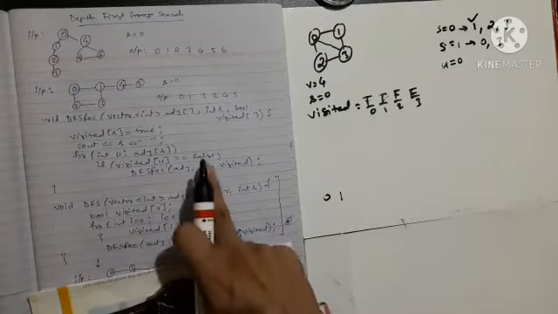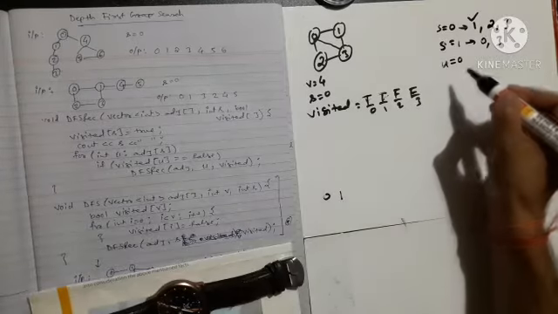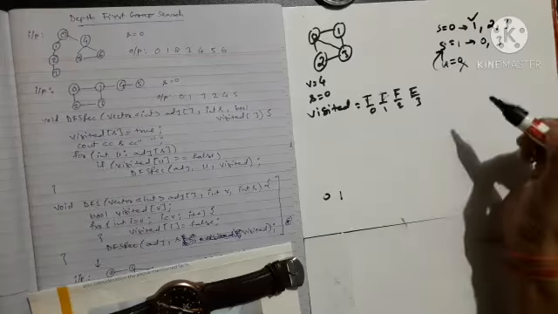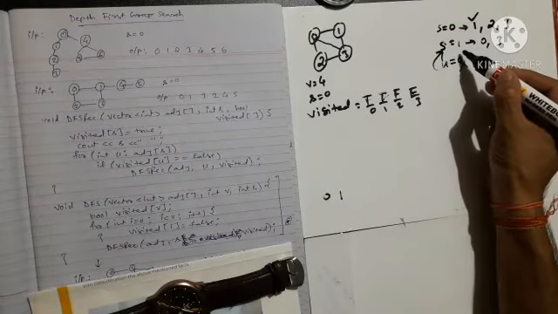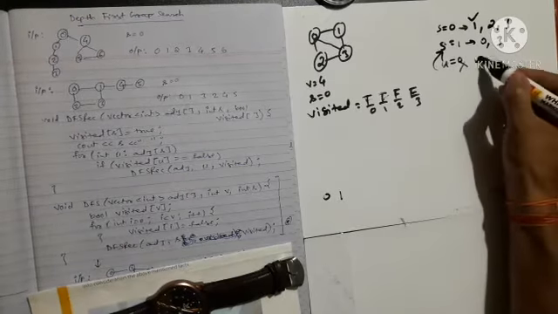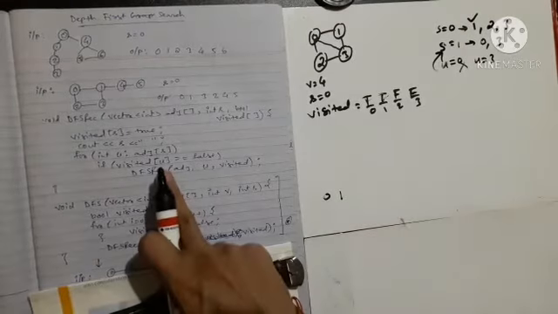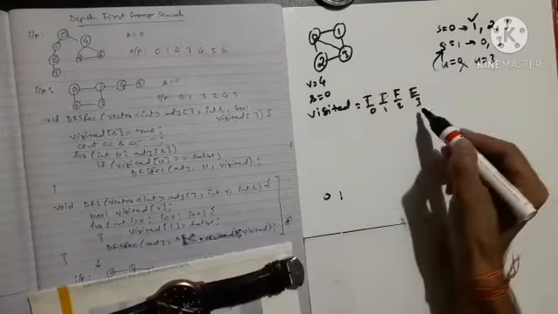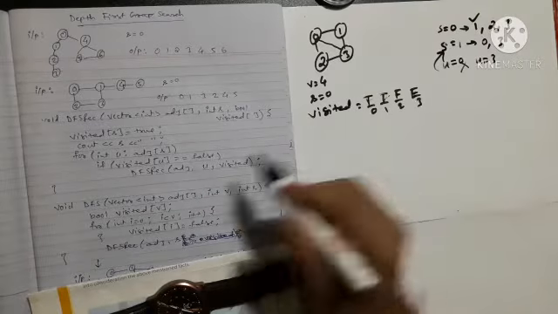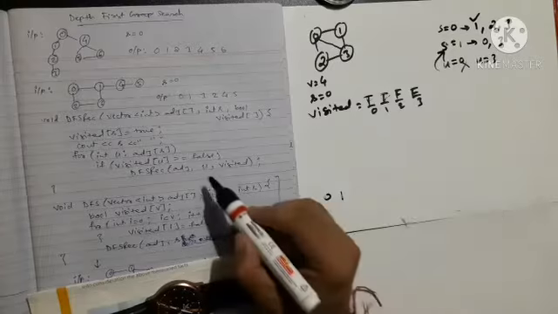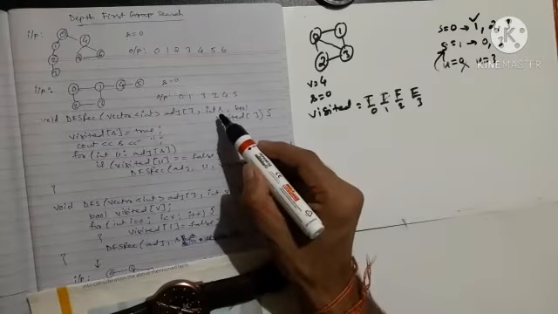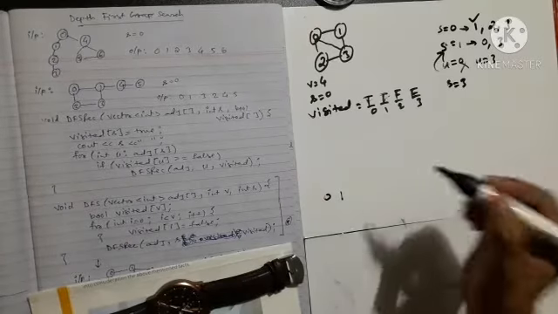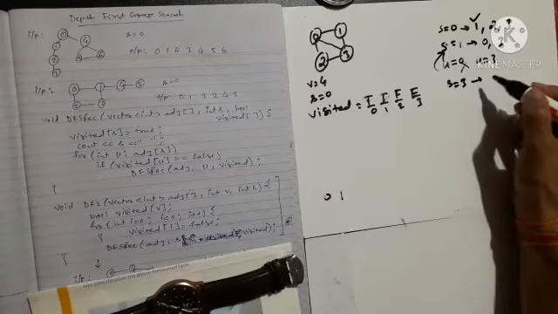Now I am checking visited of 0 is equal to false, but it is equal to true. So this is not done. So control will again come back to 1. Now it will call for its other neighbor, that is 3. Now u becomes 3. Now it will check if visited of 3 is equal to false. Visited of 3, yeah, it is equal to false. So again it is going to call this, passing u as a source, and it is taking s as a source. So now my s becomes 3. But one thing, now what are the neighbors of 3?